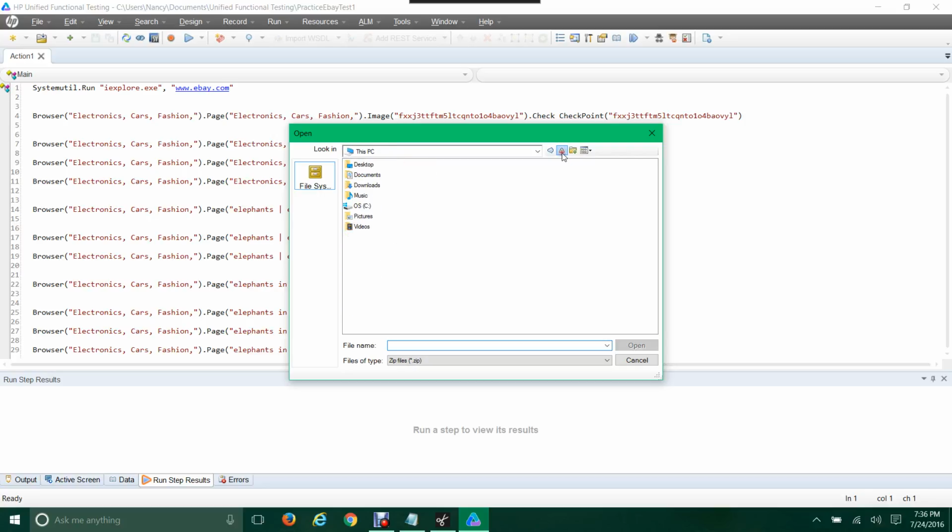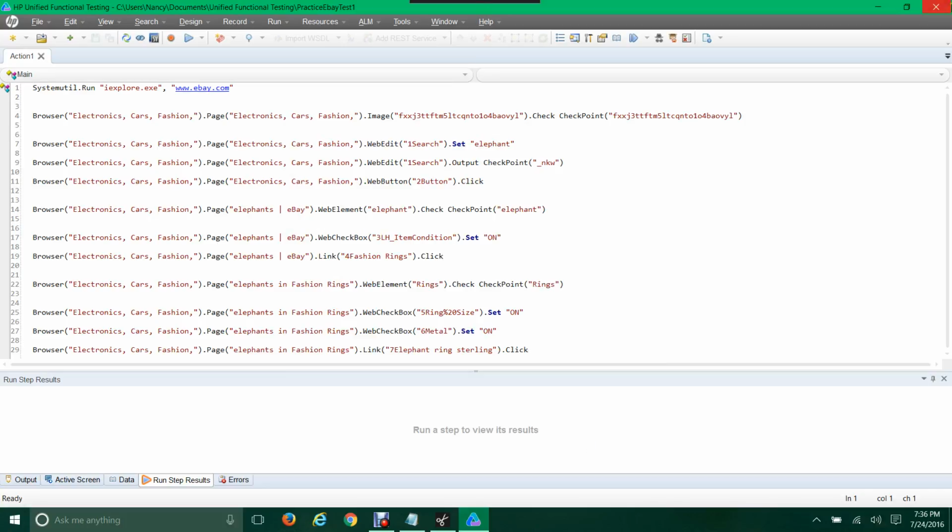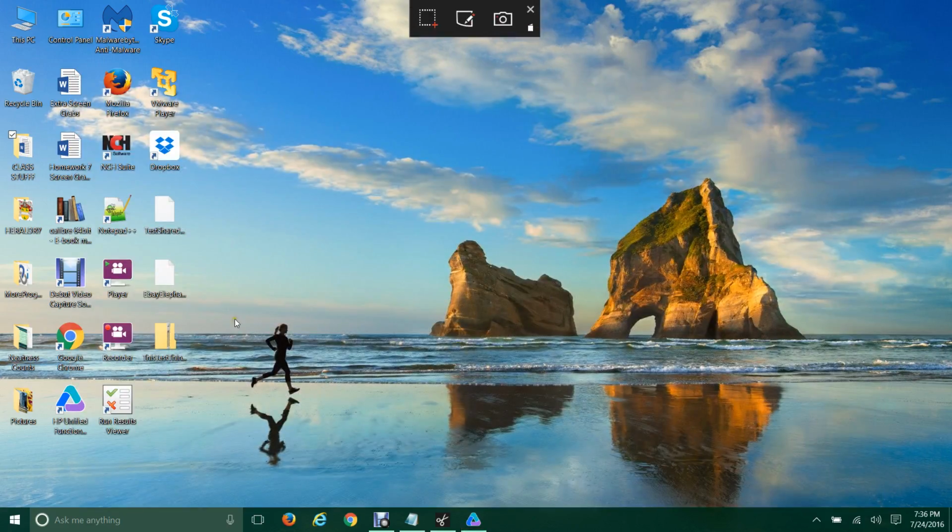Where's my desktop? There we go. I want to save it to my desktop because it's easy for me to find to attach. Then I open it, and okay. So now I'm going to go here, and there it is. So you're going to attach that to your email,